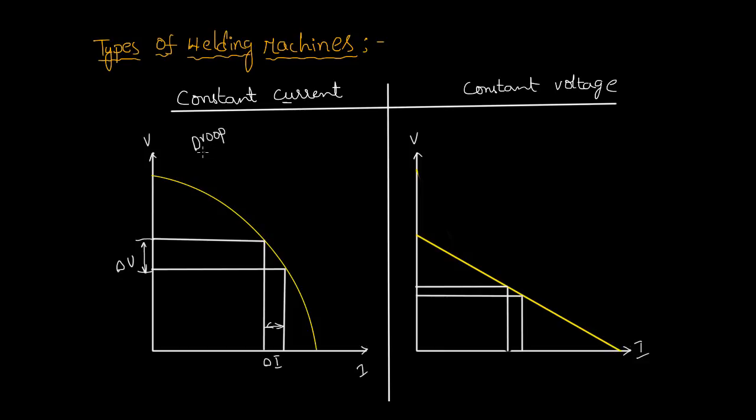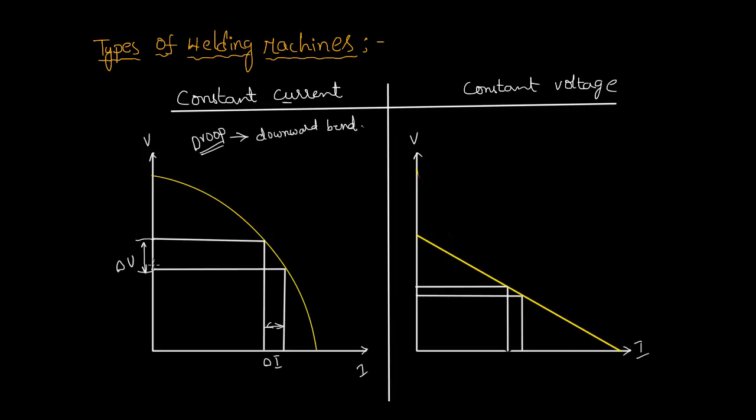Drooping characteristic graph. Okay, droop is nothing but downward bend. In the examination he will not give constant current machine, he will give drooping characteristics. That means the welding machine follows drooping characteristics, solve the question. So that is the question. Sometimes in exam he may not give the constant current, he may give the drooping characteristics. So in that way you can understand this.